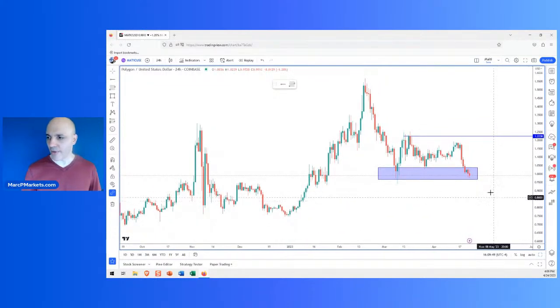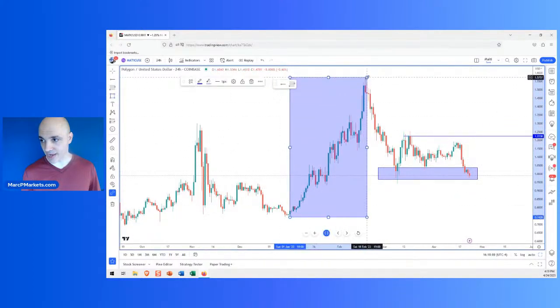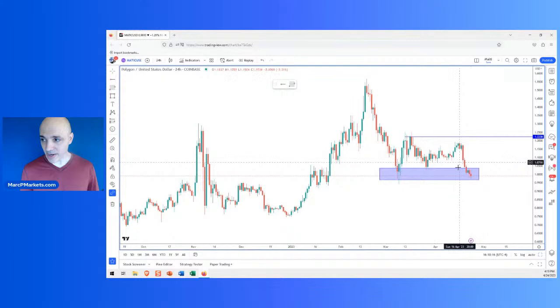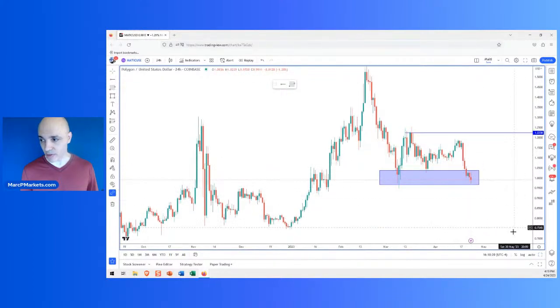Now, here's the thing. This thing is sitting on a support. This is a lower high. While this is an interesting area for a potential long, if you want to look at it in terms of this structure right here and say, well, it's possibly a higher low consolidation, I'll tell you, I'm not a big fan. Especially since it's been acting relatively weak to Bitcoin, and I had plenty of warning signs on this thing. So for one, if you're looking to buy it, it's highly risky. There's no signal to go long right now.